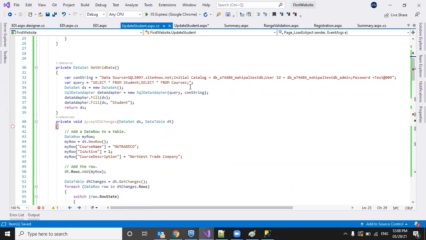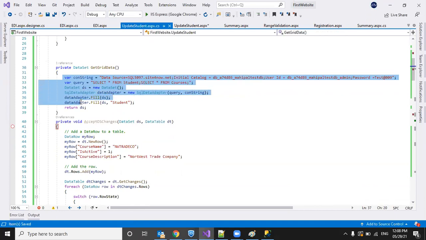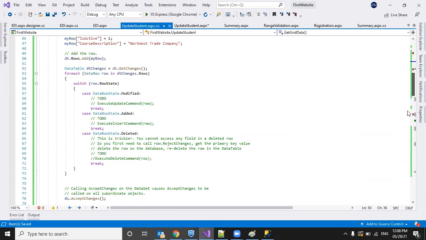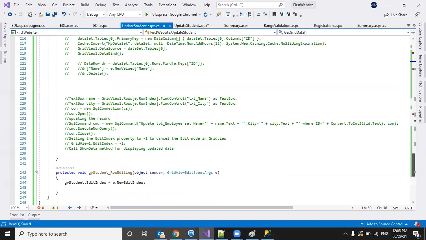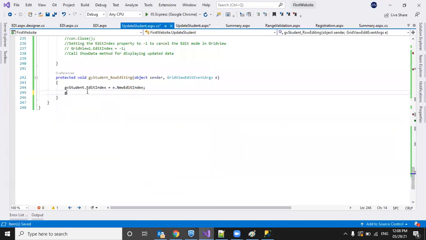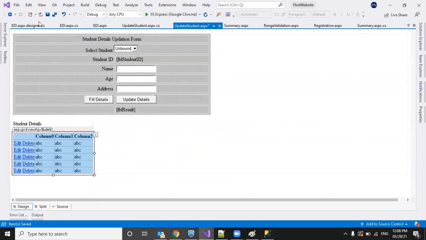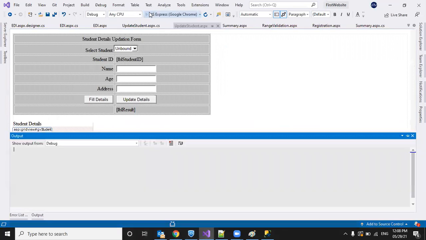To reuse this code and not repeat it again and again, I just moved it to a method. Now, after setting a row into edit mode, I have to call the GetGridData method. Let's see if it will work or not.